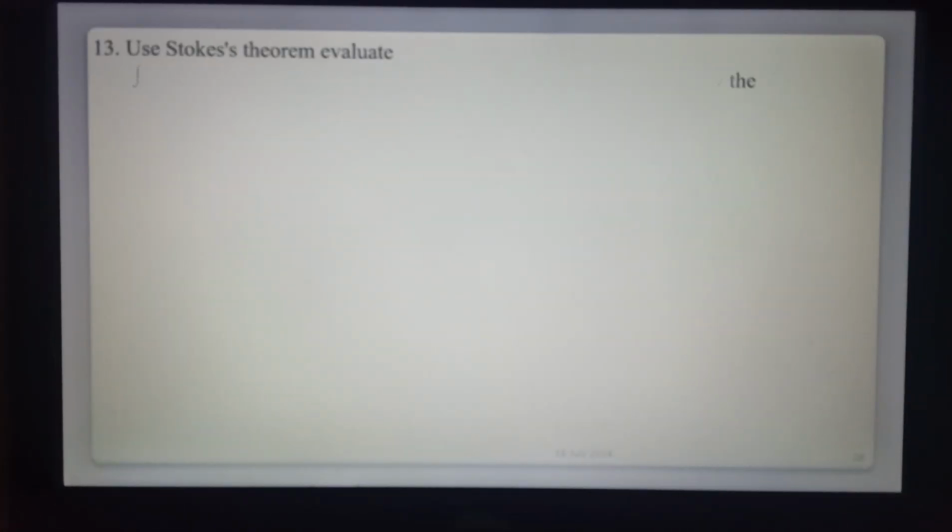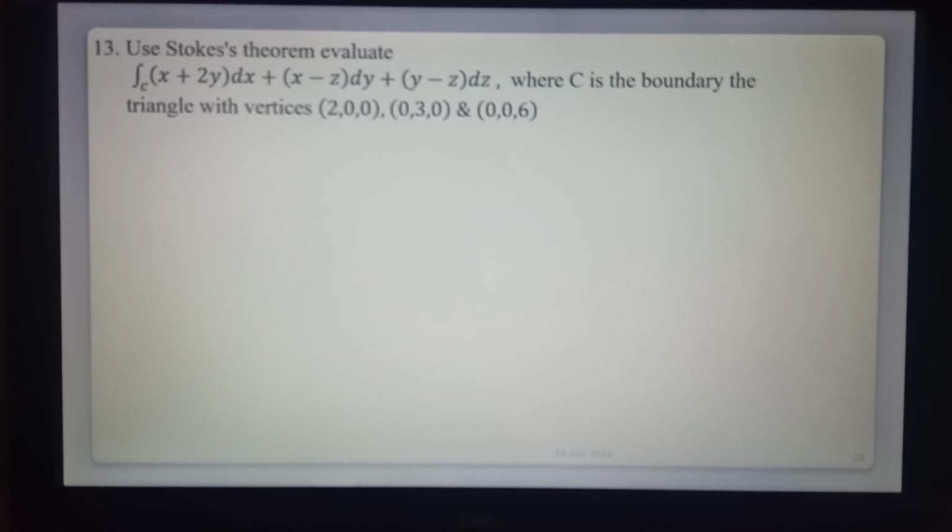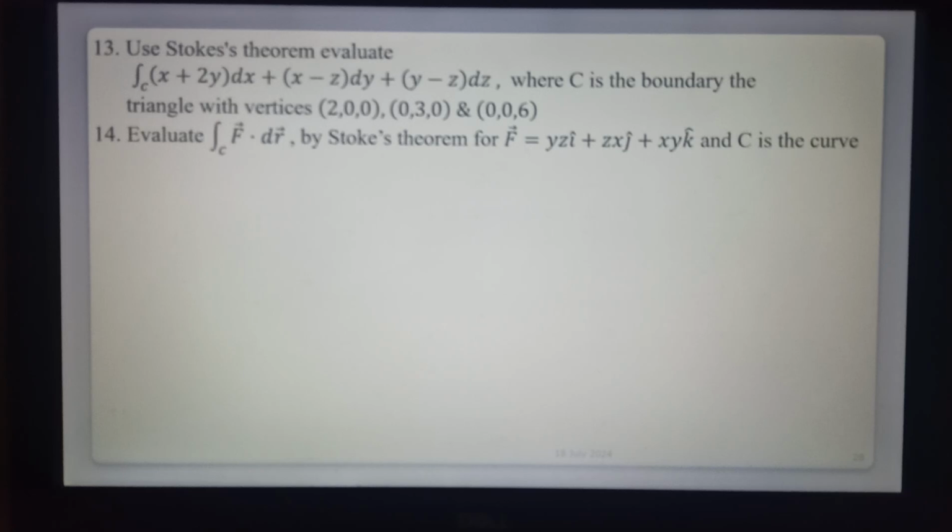Use Stokes theorem to evaluate the line integral of the given field, where C is the boundary of the triangle with vertices 2 0 0, 0 3 0 and 0 0 6. Next, evaluate